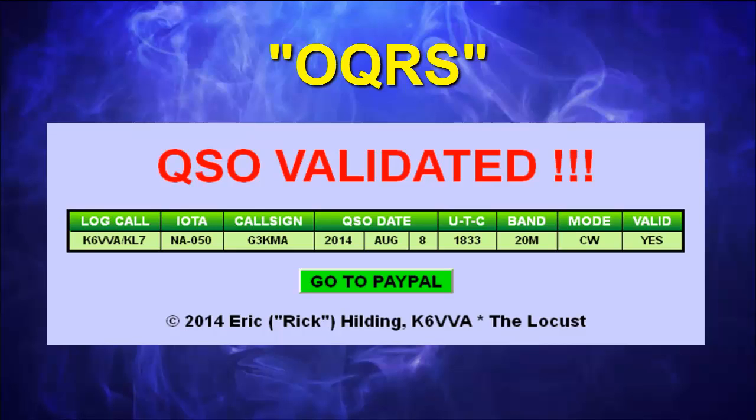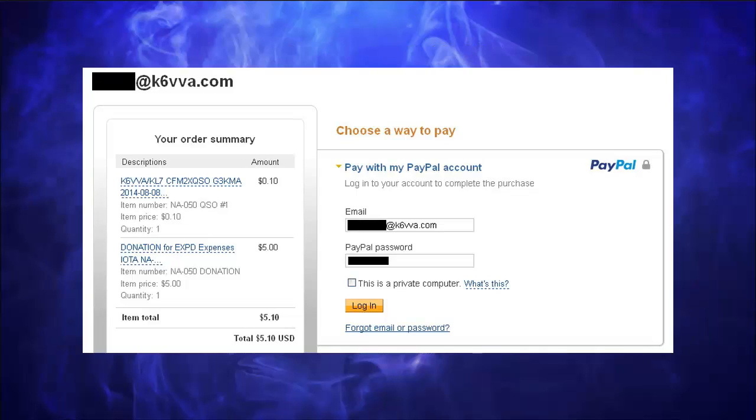This shows the QSO validated between K6VVA portable KL7, IOTA NA050, with G3KMA on 8 August 2014 at 1833 UTC on 20 meters CW. The PayPal payment option was already selected. Clicking the Go to PayPal button takes us directly to the PayPal login page. I've redacted my K6VVA buyer and seller addresses used in the PayPal sandbox testing environment, along with the login email